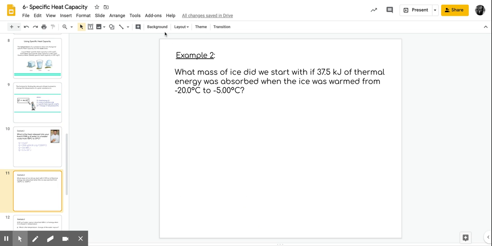All right, example 2. So I am going to start out by picking out what I know. So it says, what mass of ice? So that means I am looking for M. So M is my question mark. If we start with 37.5 kilojoules of thermal energy, so this is my Q,